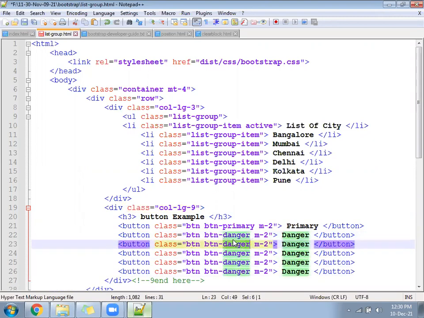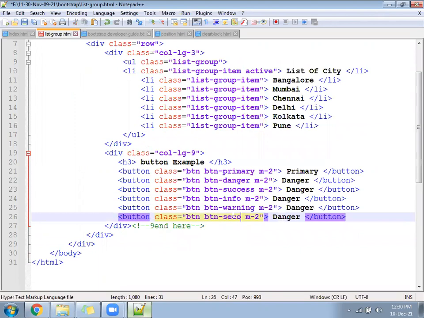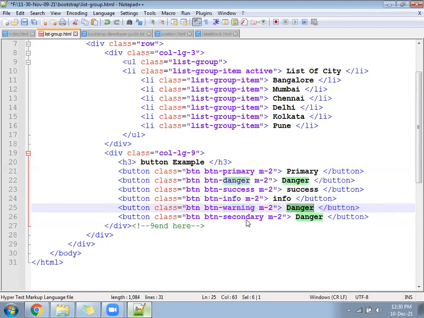Danger, success, info, warning, secondary, right? And then have a look once. Are all different colors coming or not? Different color combinations will come. Many more we have.